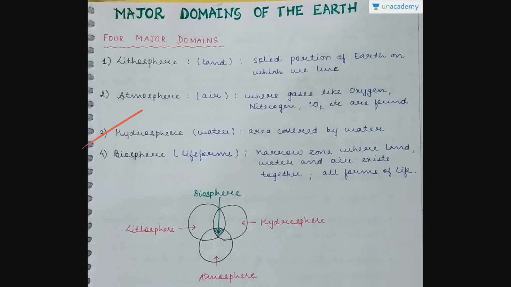Basically, biosphere is the narrow zone of interaction of these 3 different zones, so that life exists here. Without their intermixing or without their connection, there cannot be any life in this area of biosphere. Bio is basically life only. So this sphere has life and consists of the interaction of all 3 areas.